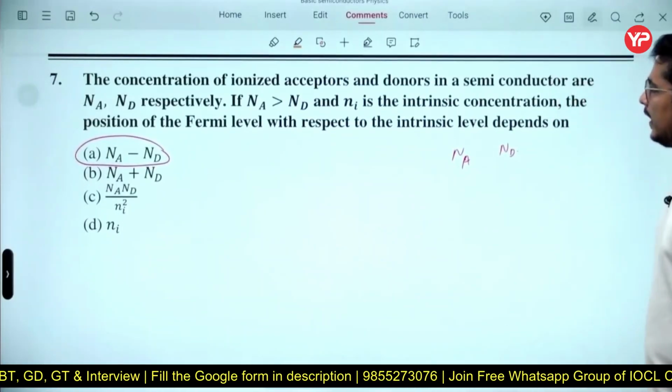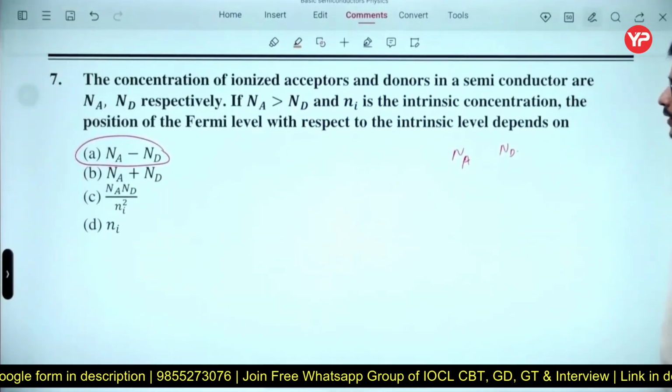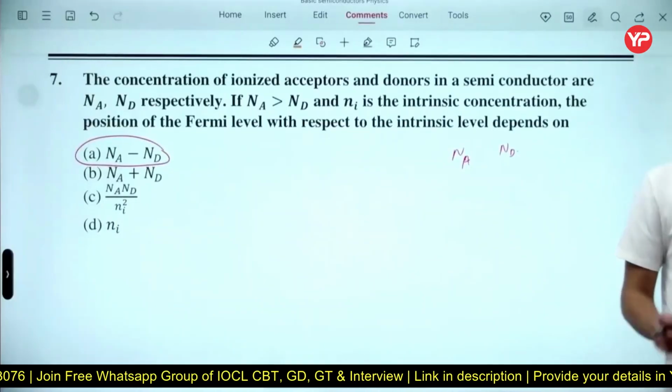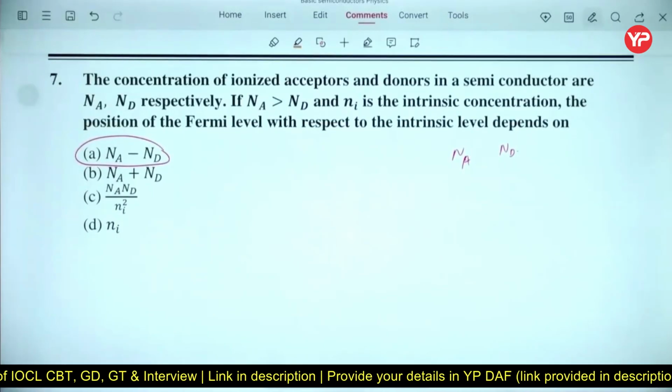So if Na is greater than Nd, then Ni will be. Let us think about that one. If inside the semiconductor we are having Na acceptor atoms and Nd,